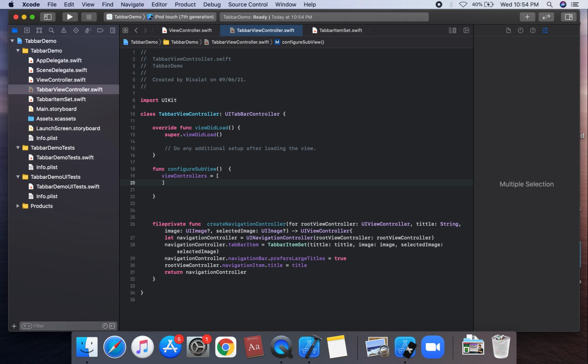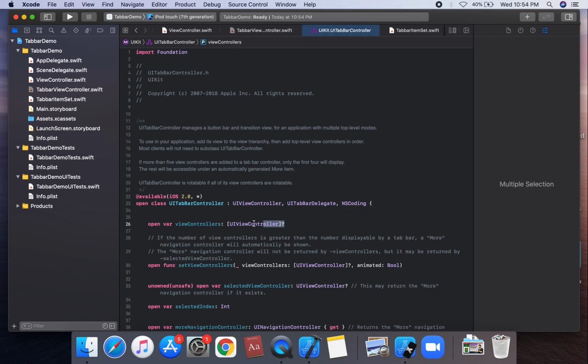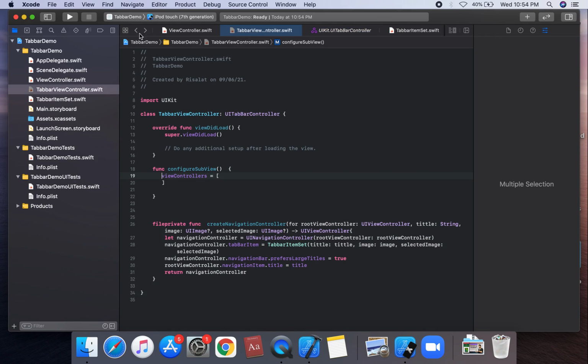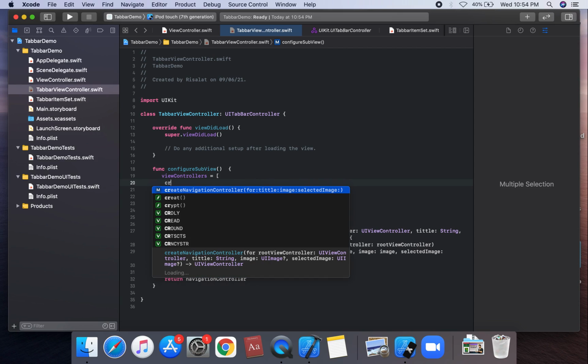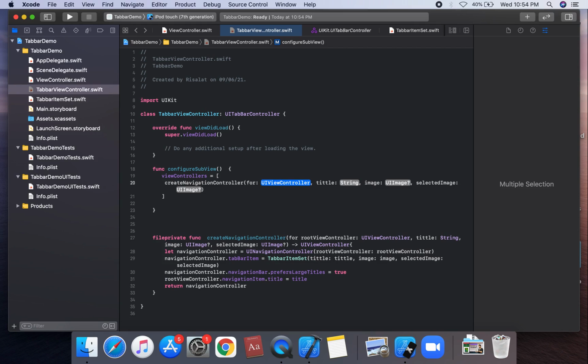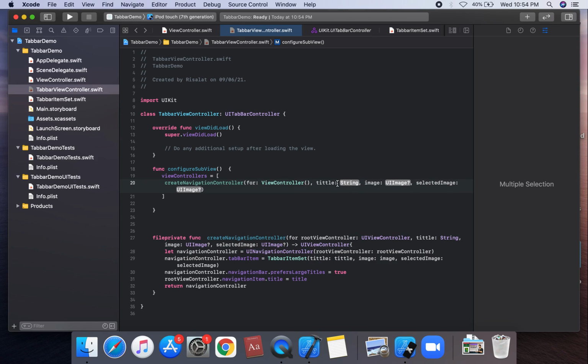View controller is equal to array of view controller. So we can assign on this array of UI view controller. We're going to check on this array of UI view controller optional, and we're going to assign the view controller. We can create the instance. Create navigation controller which have root view controller. Suppose view controller is currently view controller. Create the instance. Title, suppose, camera,